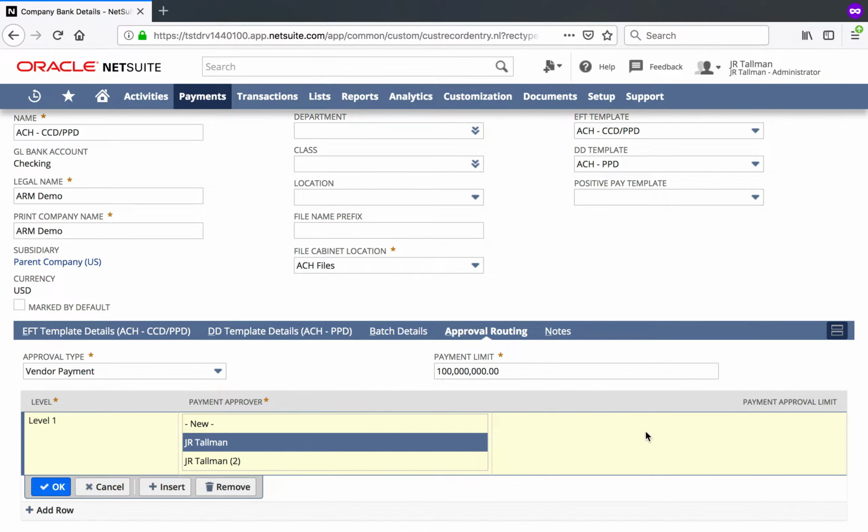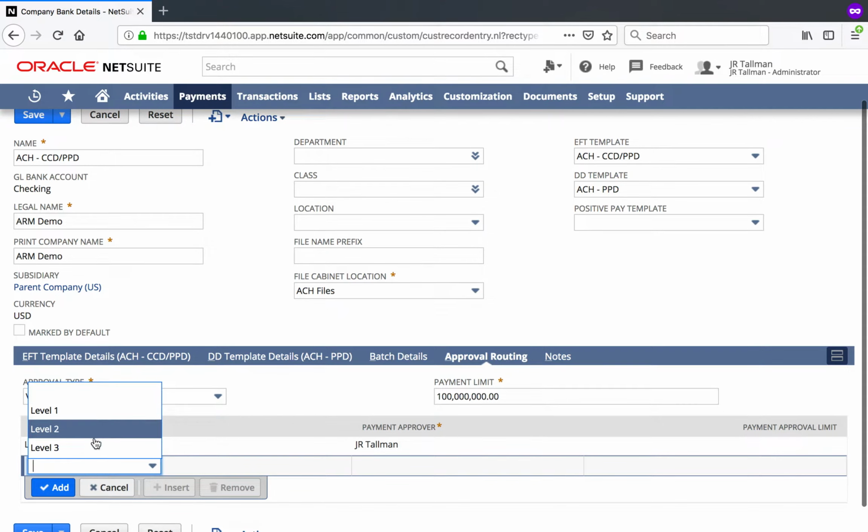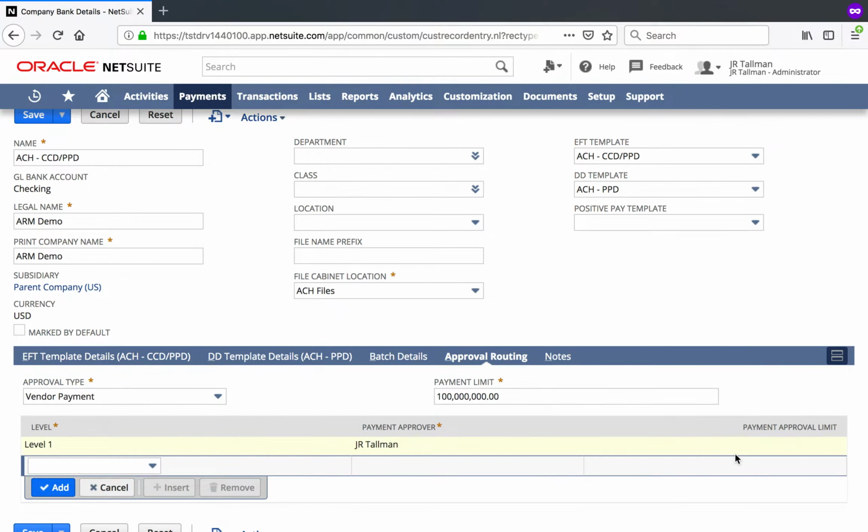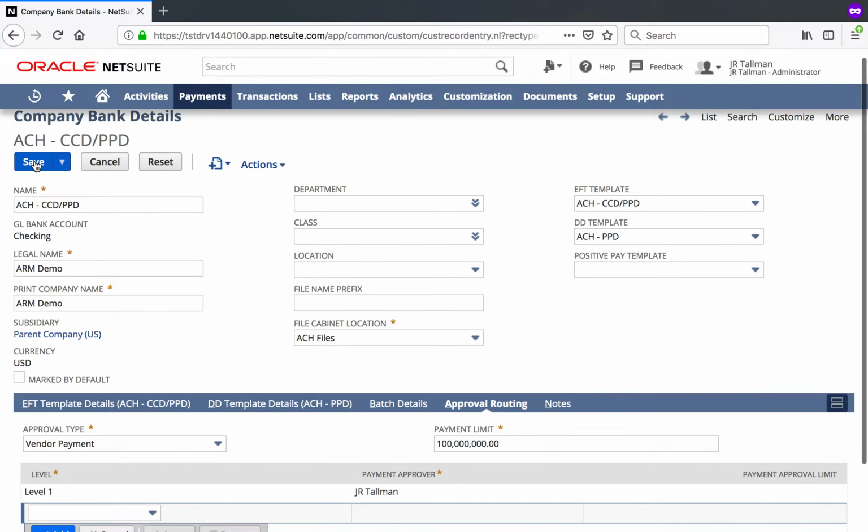and select a payment approval limit down below here. And you can have up to 3 levels, so if you need to have different amounts to go to different approvers based on those approval limits, you can certainly select that up to 3 levels. So we'll go ahead and save this, and then we'll go ahead and process a vendor bill, but first